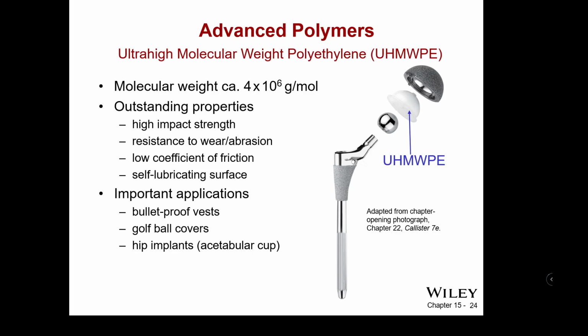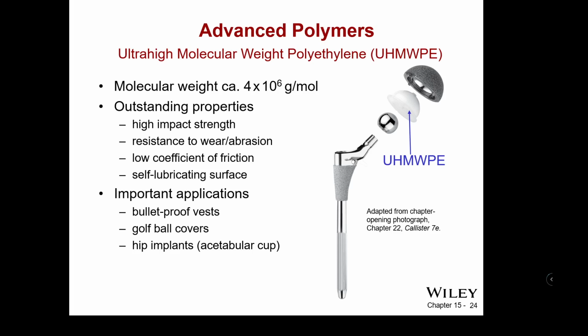They have very high impact strength, resistance to wear and abrasion, and a very low coefficient of friction, meaning high lubricity, a self-lubricating surface. It's also used in variations of bulletproof vests, so there's a lot of ultra high molecular weight polyethylene used in polymer plates now